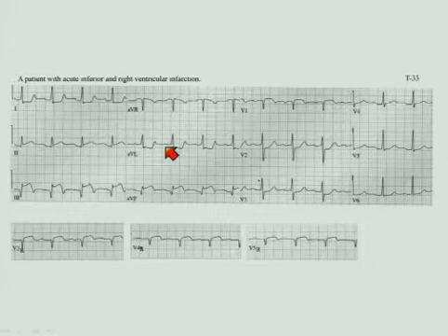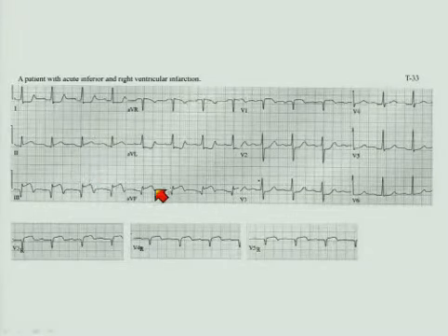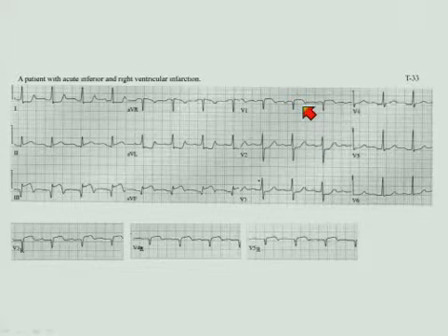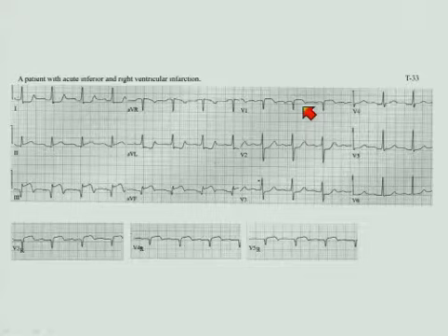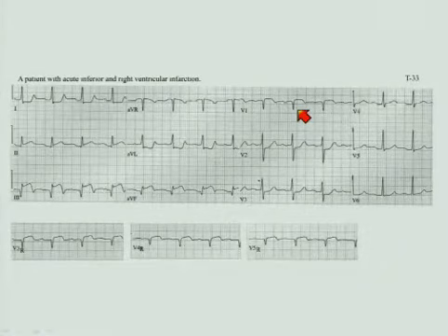But you knew it was the right coronary artery anyway, didn't you? And the reason you knew it was because you looked right here. And you saw there was ST elevation in lead V1, which in the setting of an inferior Q-wave infarction is strongly suggestive that there's associated RV infarction. And if there's RV infarction, the infarct vessel has to be the right coronary artery because that's where the RV blood vessel comes from. When you see this, as I say, highly suspicious, I think even diagnostic in this setting,